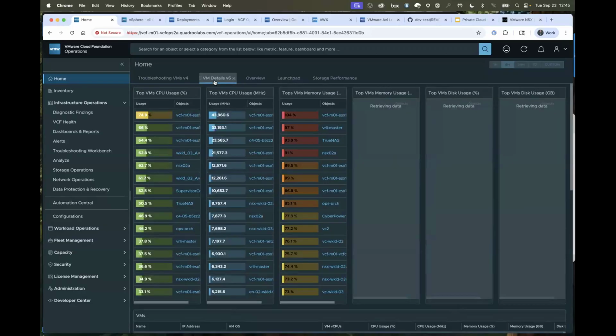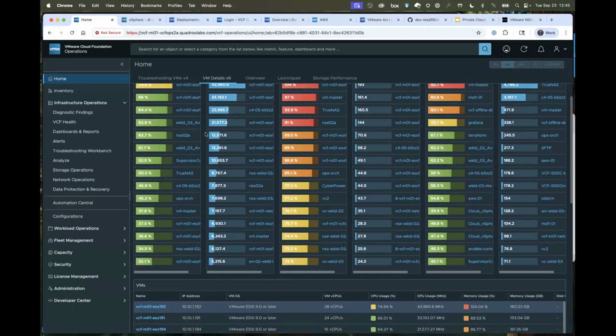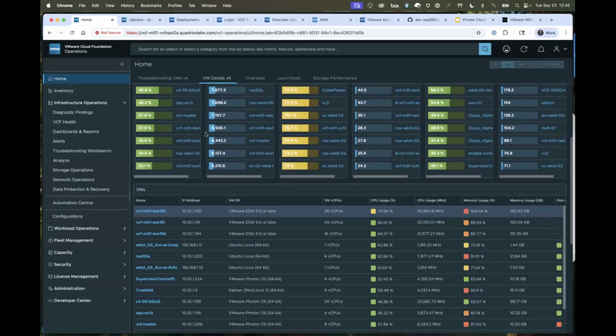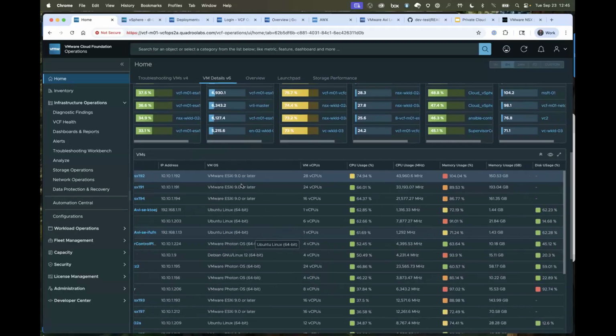You can even find those ones that are running old versions of VM tools. Because, if you guys know, in the last few months we released half a dozen VM tools update patches, many of them security related. Please update. Here's a VM details dashboard. I dig this one. It also is handy for showing me the VM OS that's running, something that might be of interest for you.